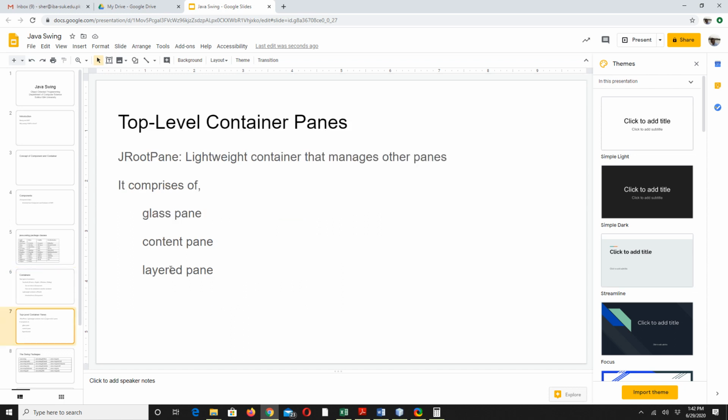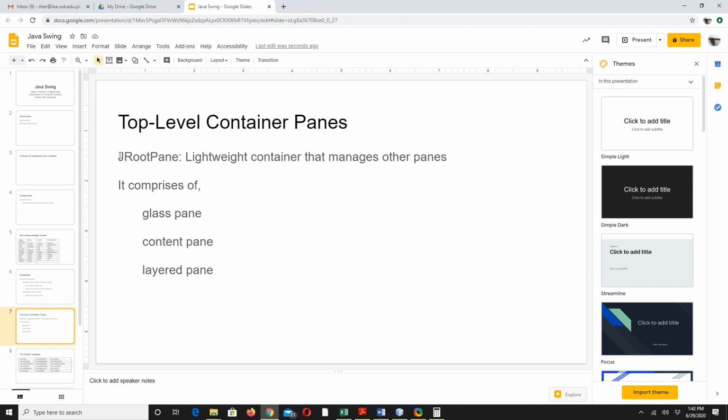This is another concept in the top-level container. This container is actually further broken into panes. When I say pane, you can consider it like a sheet. So there are multiple sheets in the frame, multiple sheets in any container. The first sheet is actually the root pane.